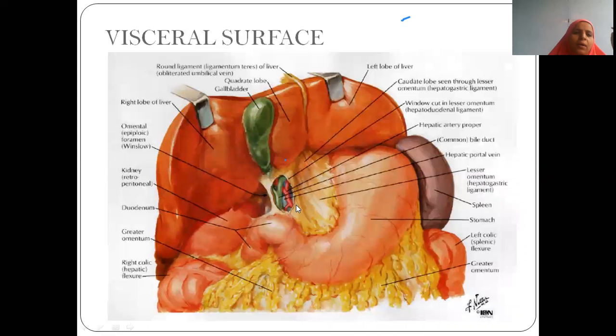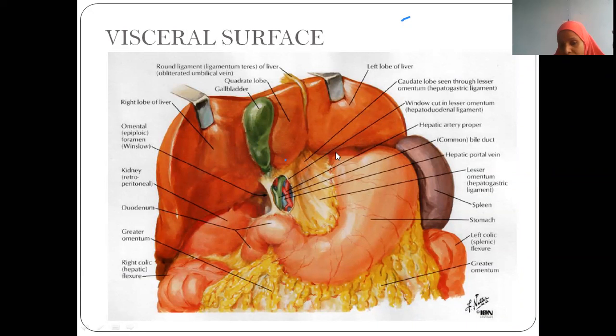Now the visceral impressions. In order to understand impressions well, it becomes very easy for you. This is which lobe of the liver? Right lobe. Now on the right lobe side, what is there, beta? Right kidney, right suprarenal gland. That's why right renal impression, right suprarenal. You are trying to lift and see the impressions. Okay, this is the right colic flexure, no? So this is the right colic impression, isn't it?